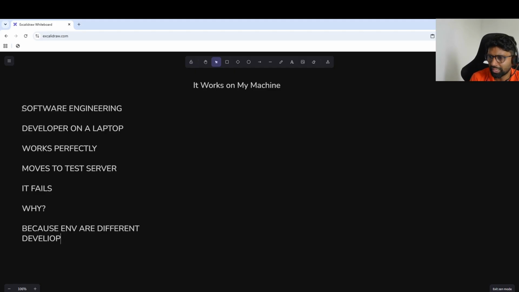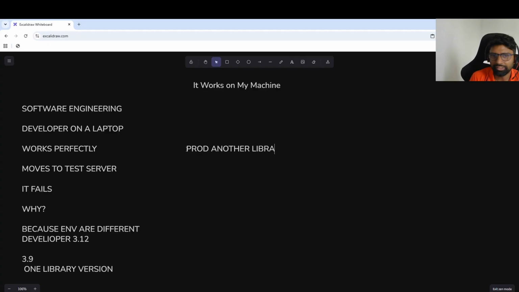The developer can have Python 3.12, but the server where it is being tested can have version 3.9. The developer might have one library version, and the production server might have another library version. This is where the conversation becomes: it works on my machine.